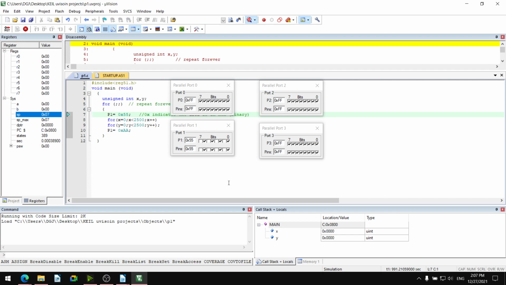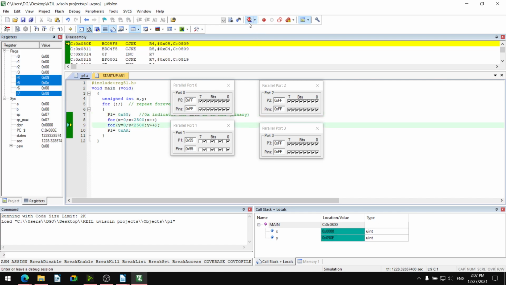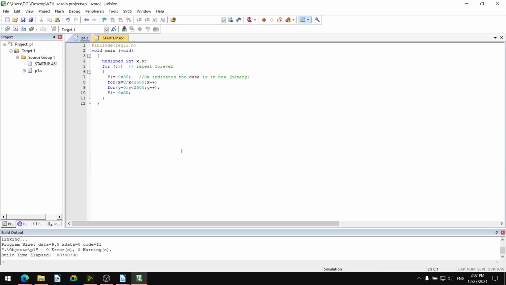So AA is not visible. So for AA visibility also we must give the delay. How to give the delay for AA visibility? I will copy it and paste it next to P1 AA.